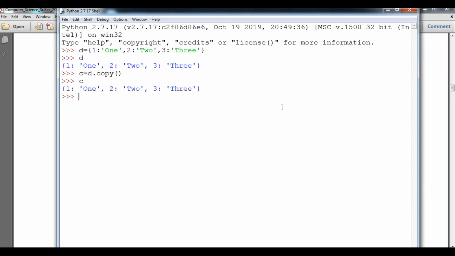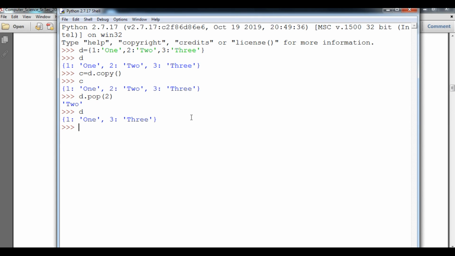Now we are going to understand the next thing, pop and popitem. Pop helps you delete elements from the dictionary. So we are talking about d, so d.pop, and in that I just have to pass the key. Suppose I am going to pop the second element, I pass the second key, enter. Now you can see that the popped element is t. If I print t, you can see it is also affected.